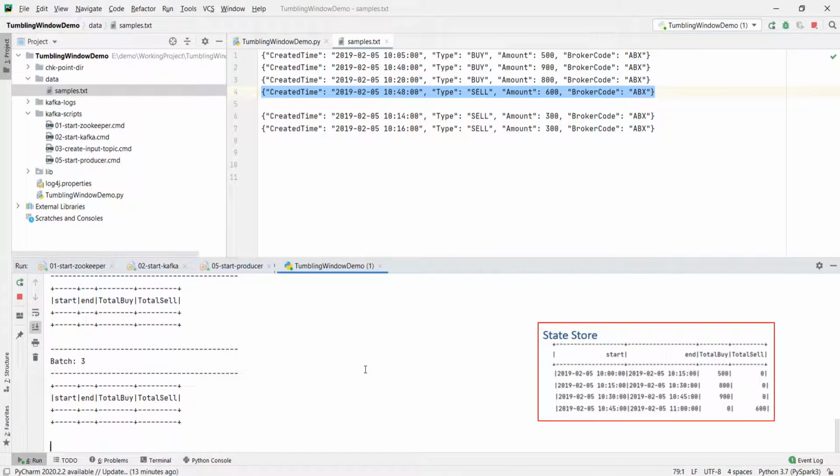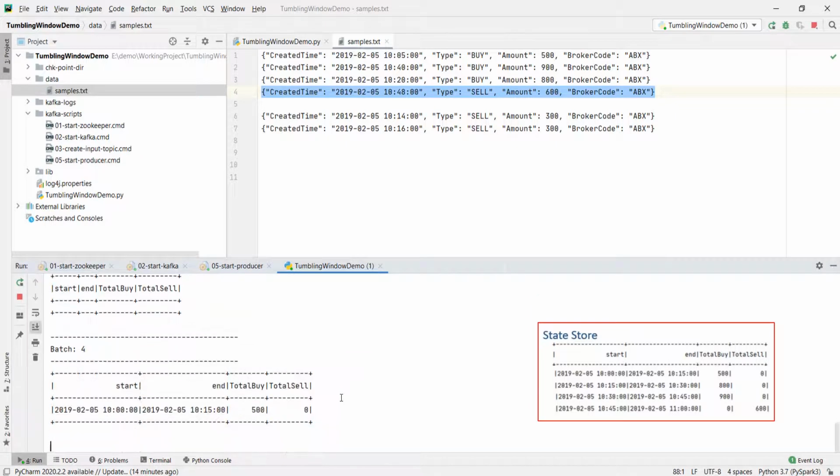Now look at the state store. Do you have an expiring window? Yes, we have. The first window, which starts at 10:10 and ends at 10:15, is now outside the watermark and hence it expired. So Spark will send this window result to the output and clean it from the state store. Make sense? The point is straight. Append mode will suppress the output of the windowing aggregates until they cross the watermark boundary. And this is a powerful feature.